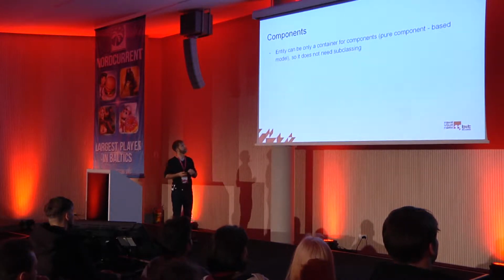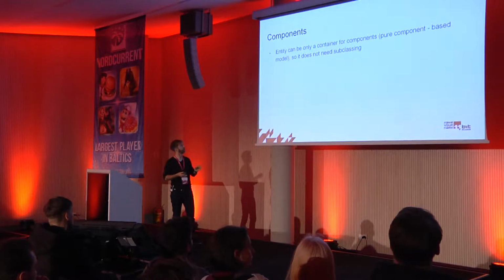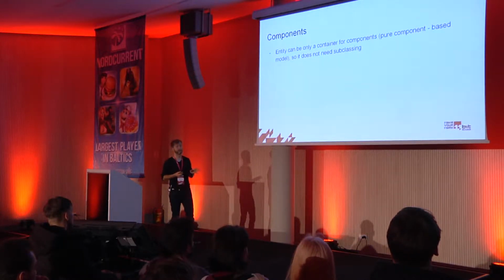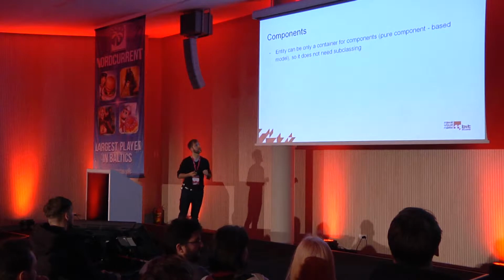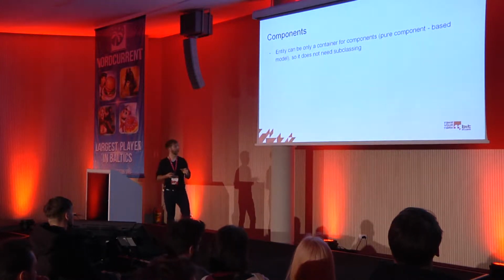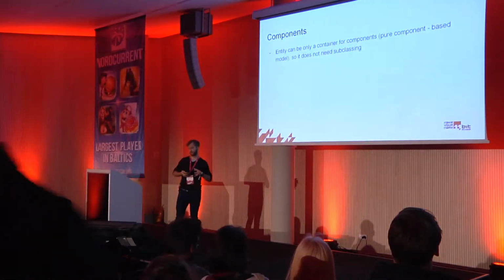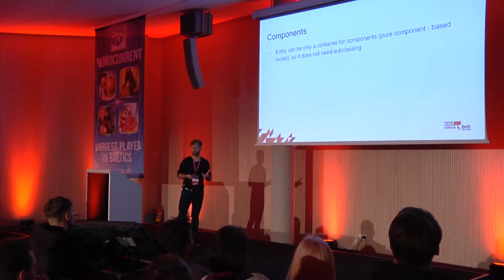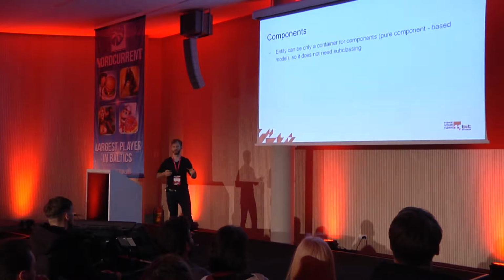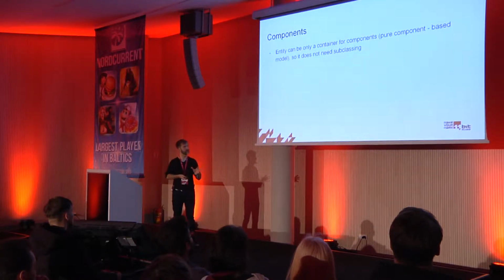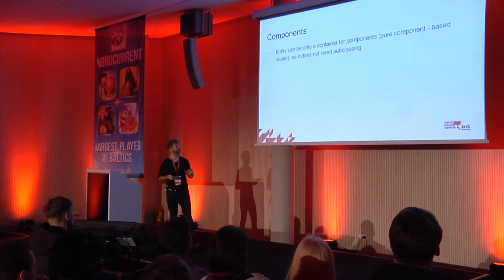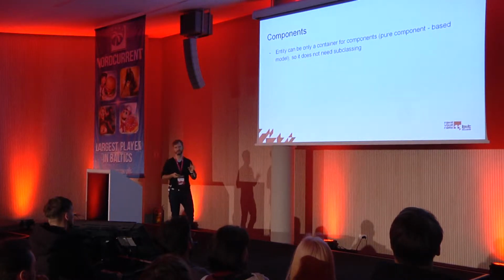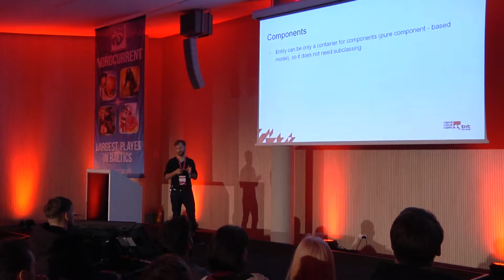So we've said that in this model, an entity can be just a container for components. It's a pure component-based model, so it does not need subclassing. One of the programmers in my company even went as far as to say that we don't need an entity class, but just make it an entry, like an ID to some kind of table that will just hold a list of components. But I think it's too far. Just a base class entity as a container, maybe with some little properties like name or ID, and it's okay. The rest is made by components.